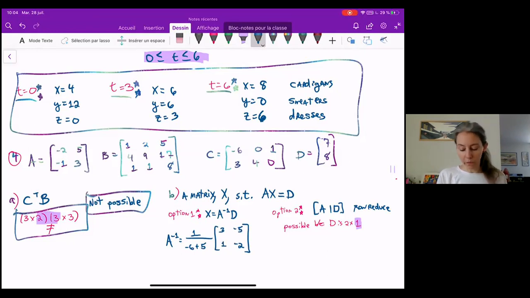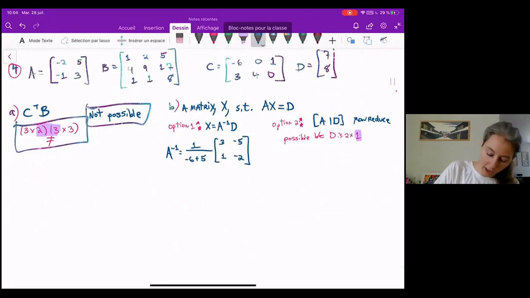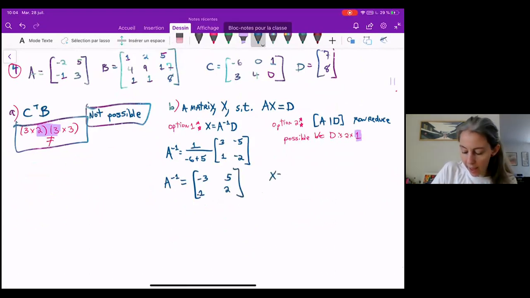Okay, now 5 minus 6 is -1. So I just distribute the -1 to the inside to get that A inverse is equal to -3, 5, 1, -1, 2,